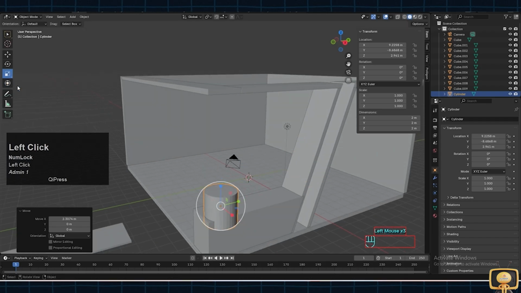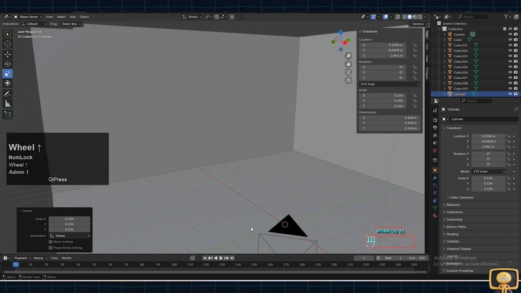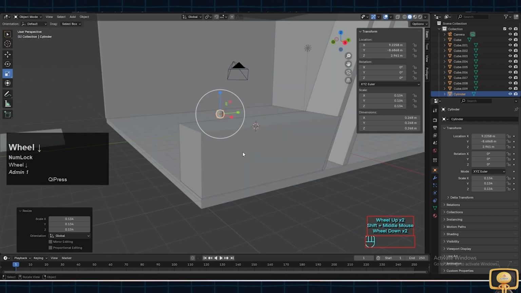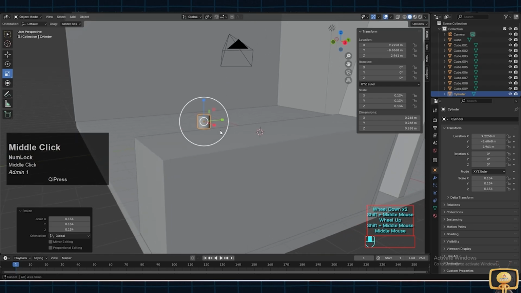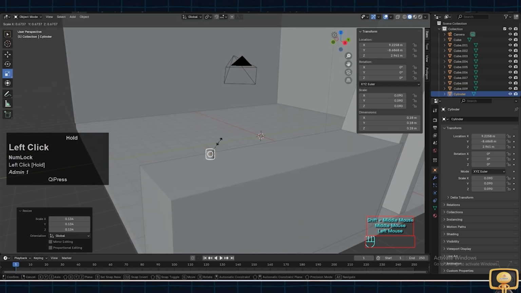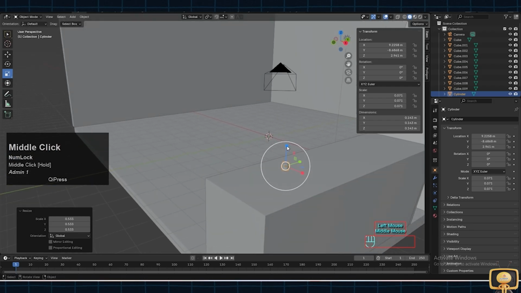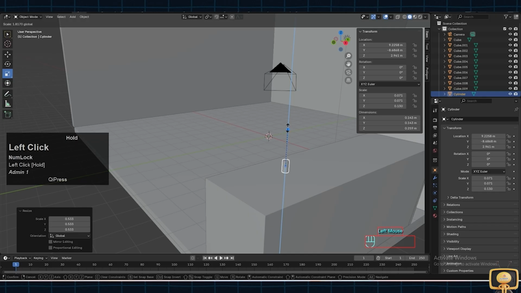Now let's transform it completely. As you can see, move, and now let's scale a little bit.